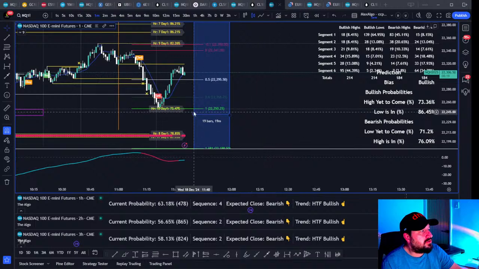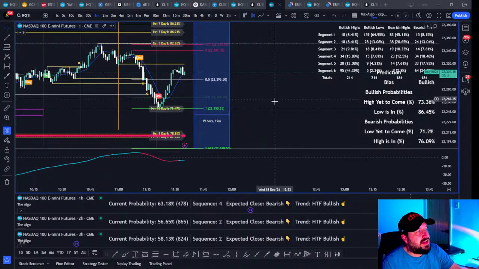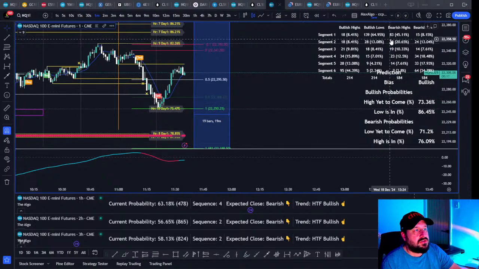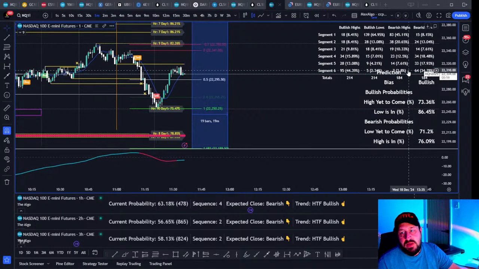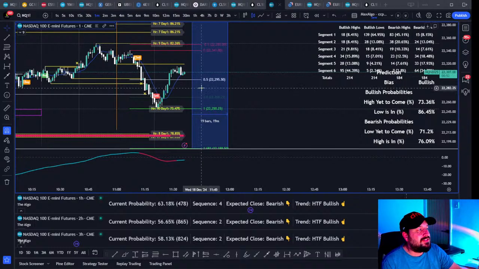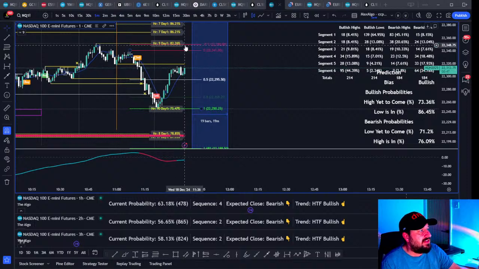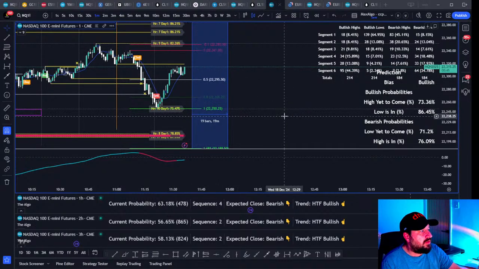But we'll watch. We have passed the half an hour mark, right? So we now move into mostly where we get our distribution. So bearish distribution, you can see it's 8%, 13%, 7%, and then after half an hour 18%, 17%, 34%. So we expect most of our distribution coming to this point. So we are at a point now where we're expecting either to have high or low taken.